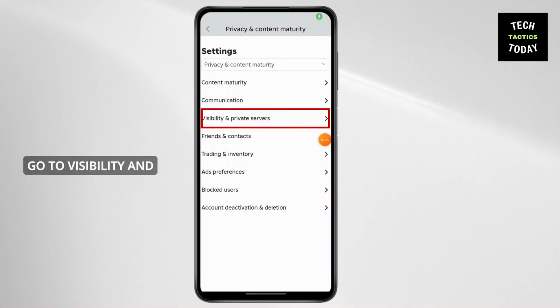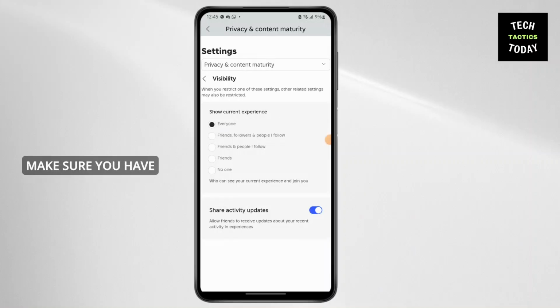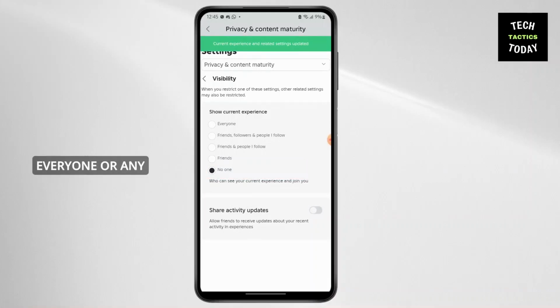Go to visibility and private servers. After that, go to visibility and then make sure you have selected no one. If it is selected everyone or any other, make sure you select it to no one and you will be